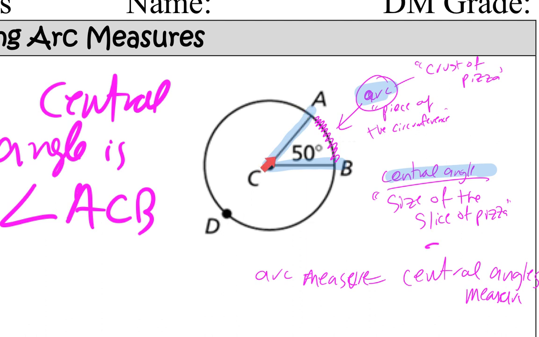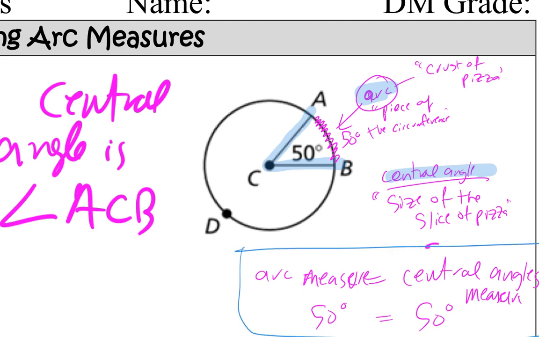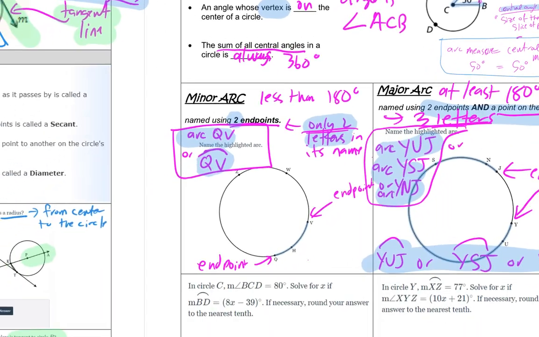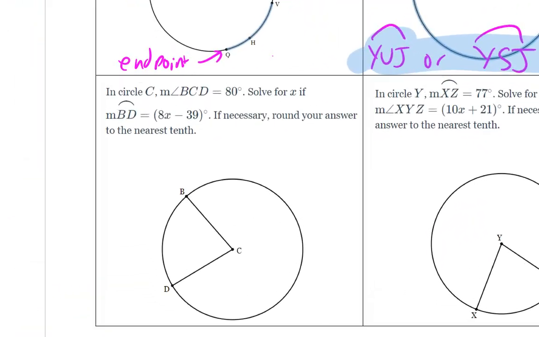Right? So if this measure is 50 degrees, this arc is also going to be 50 degrees. So the arc measure, 50 degrees, equals the central angle's measure. That's what we're going to keep in mind on this practice right over here. Okay, so now that we recognize that, this one says, in this circle,